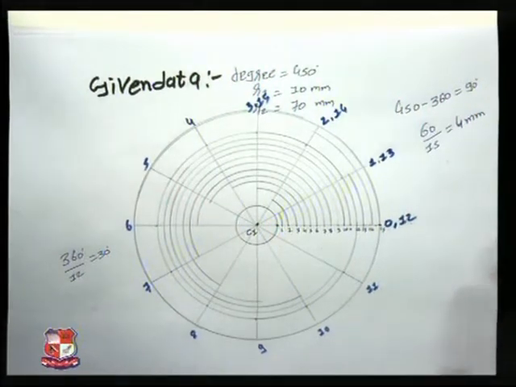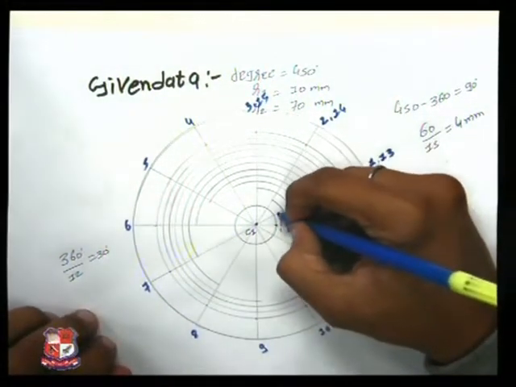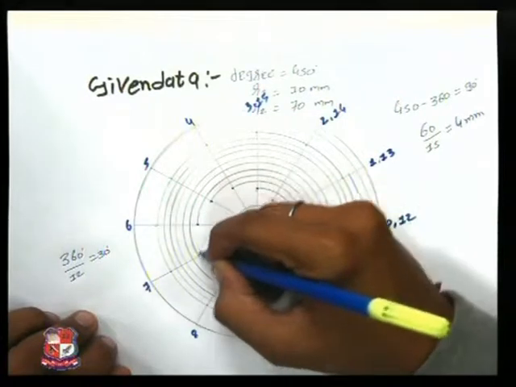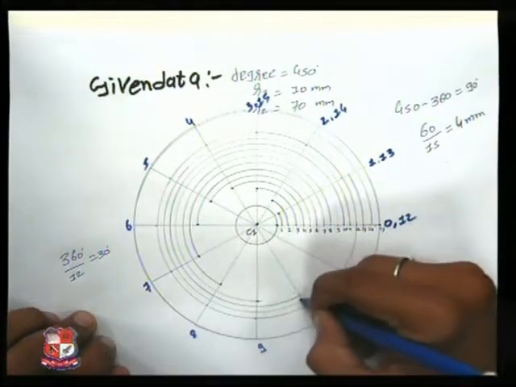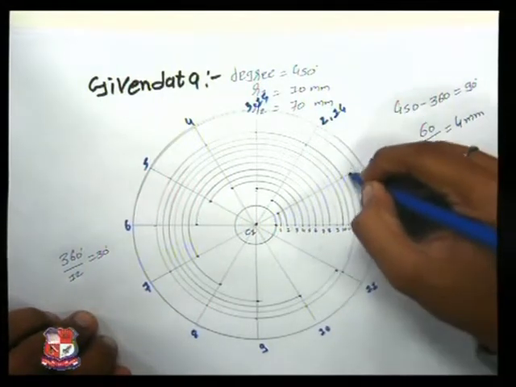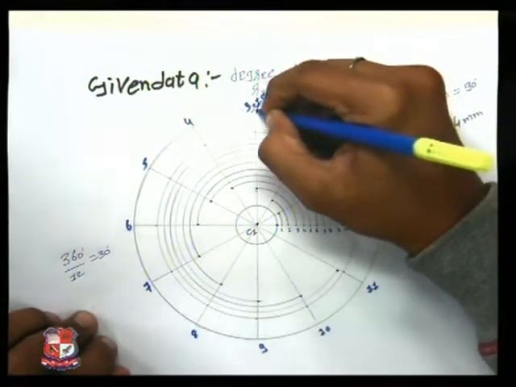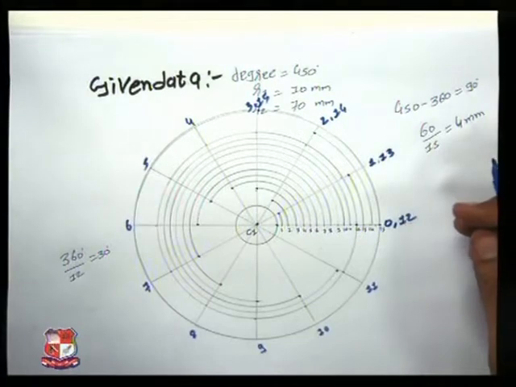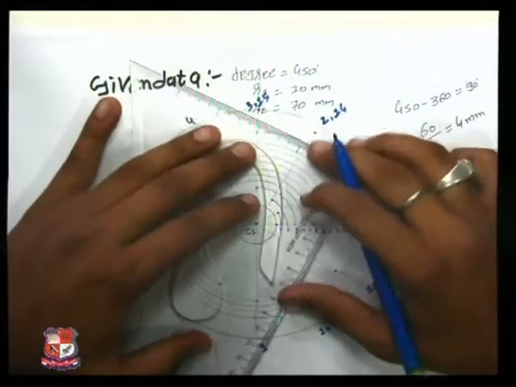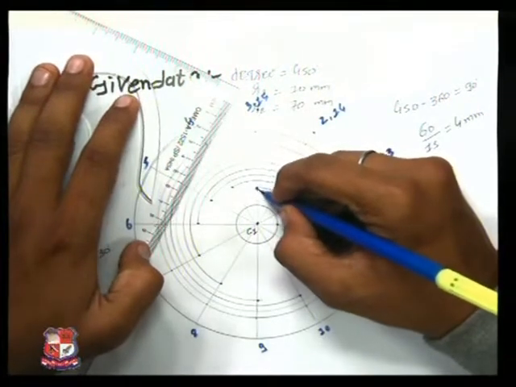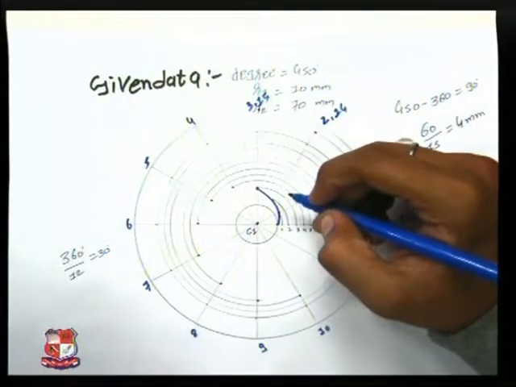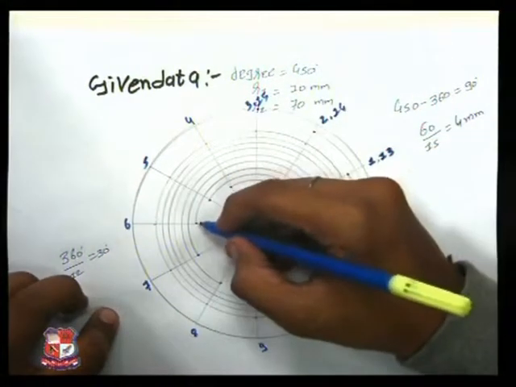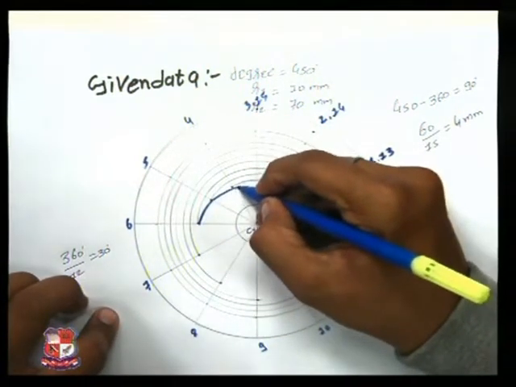Now where this arc has intersected the line, we have got the points. Very simple. By joining those points using a smooth curve, you can have your Archimedean spiral. Let's join the curve. You can join it by hand also. That's why I have suggested to draw the continuous arc, so that you can have a path idea.